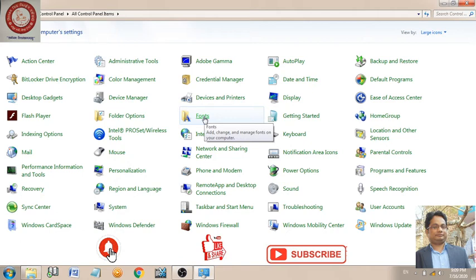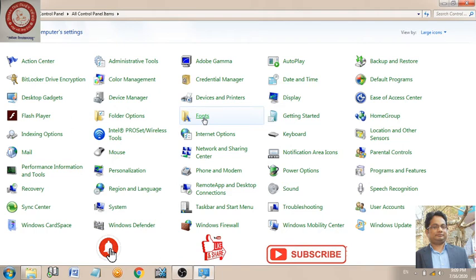Number two, we can add a new font. Number three, we can delete an existing font. These are some of the things we can do with the font option. Now I'm going to click the font button one time.